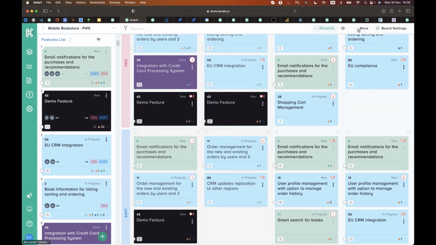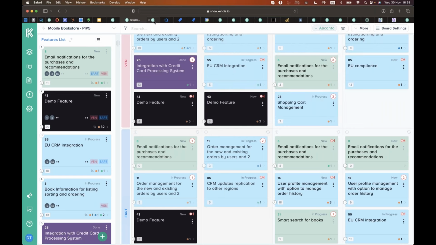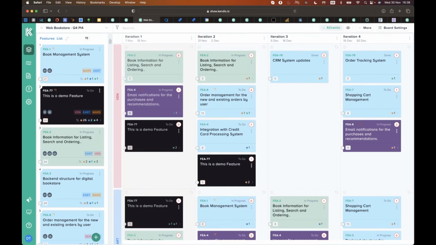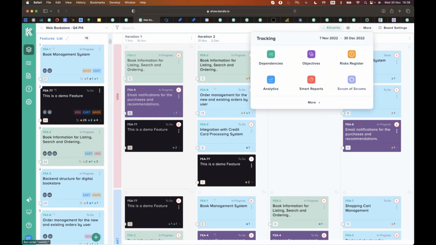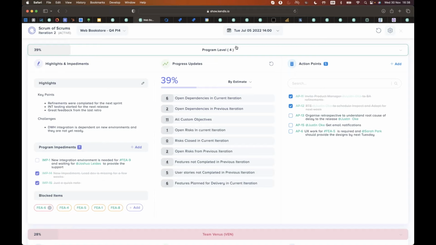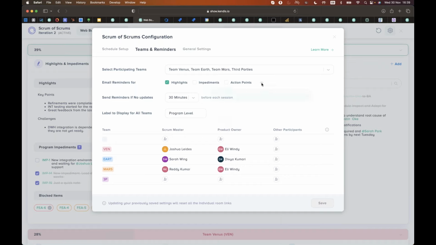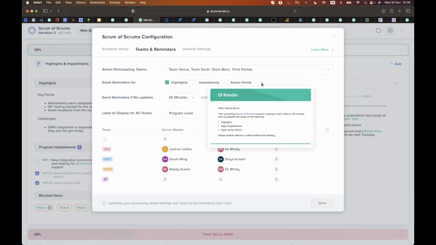We've also got, for the tracking side, Scrum of Scrums. I'm not going to go into this one here, it's board. If you go into more, Scrum of Scrums. As a Scrum Master, you'll get a very nice, very polite email. Where is it? It's here. There we go. You'll be asked to fill out the highlights, the impediments, the action points, please, prior to